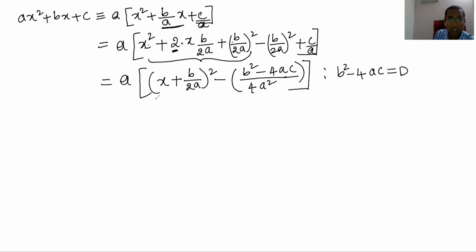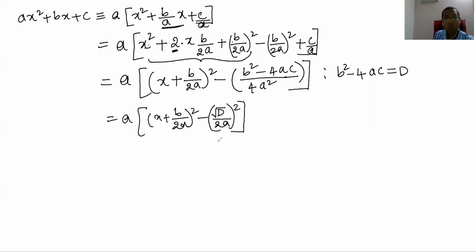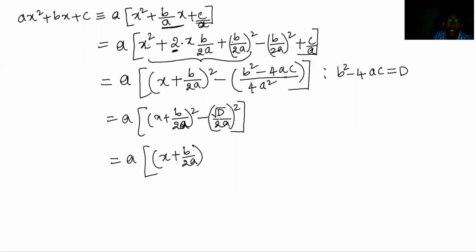So what happens is, this is a into x plus b by 2a whole square minus b square minus 4ac, which I can write as D, by 2a whole square. I am writing it like this on purpose because it is actually very useful. So if I take a common here, what do I get? The final one is a square minus b square, which is a plus b into